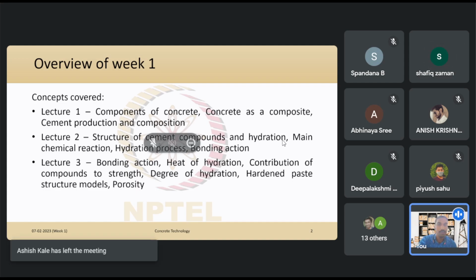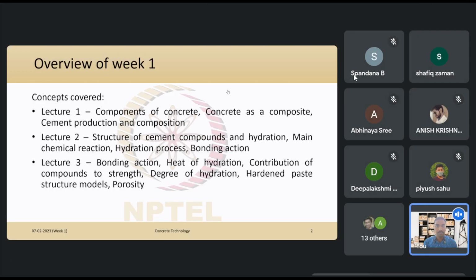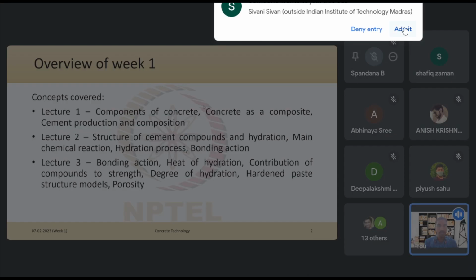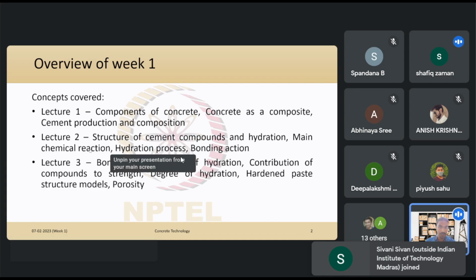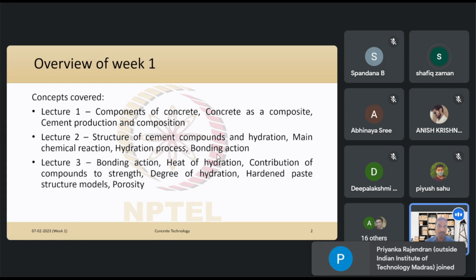Hydration is the process of the incorporation of water by these different cement compounds. We looked at what happens in hydration, the different chemical reactions that occur during the hydration of cement, and the hydration process in detail. It concluded with the bonding action of the cement